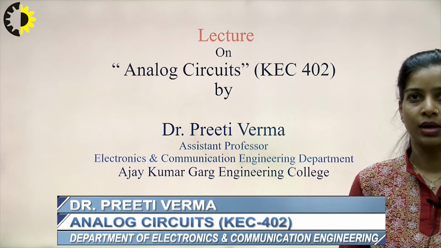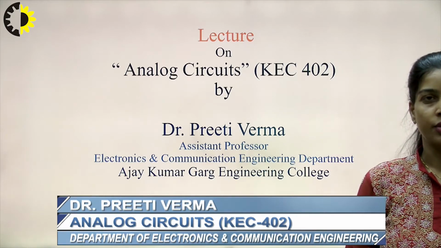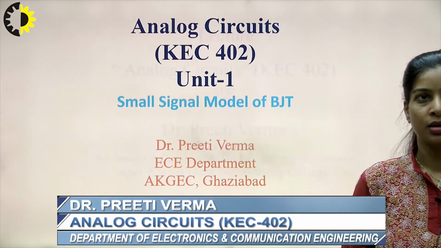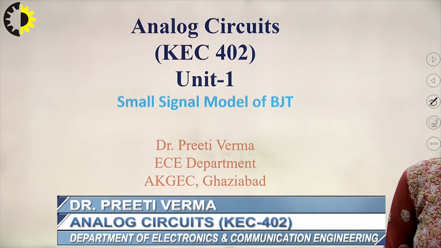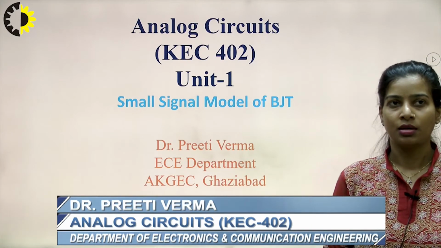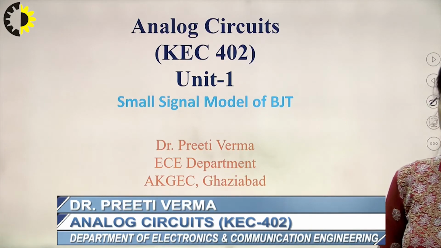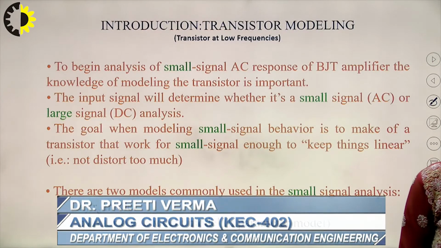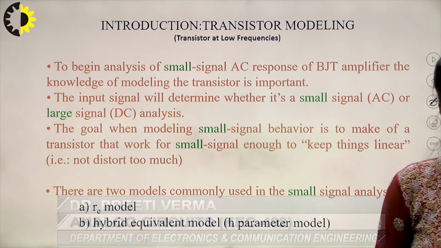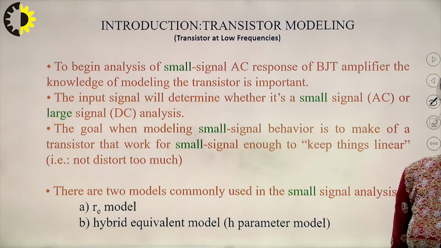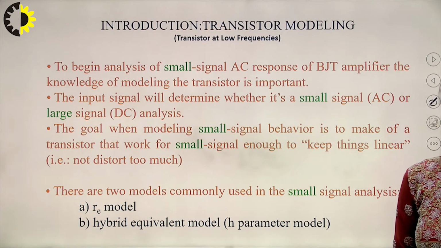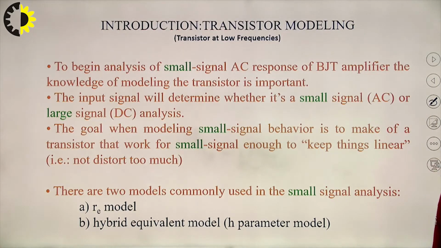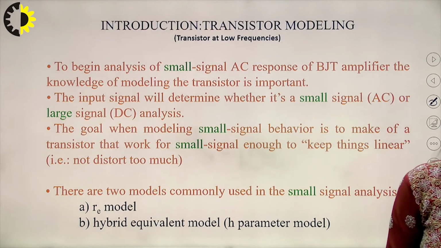This subject is analog circuit, and in the previous lectures we were discussing the topics of unit 1. In continuation with the topics of unit 1, in this video I will be discussing the small signal model of bipolar junction transistor. So what is a small signal model? It is a model of the bipolar junction transistor that we can use to find the AC response of BJT